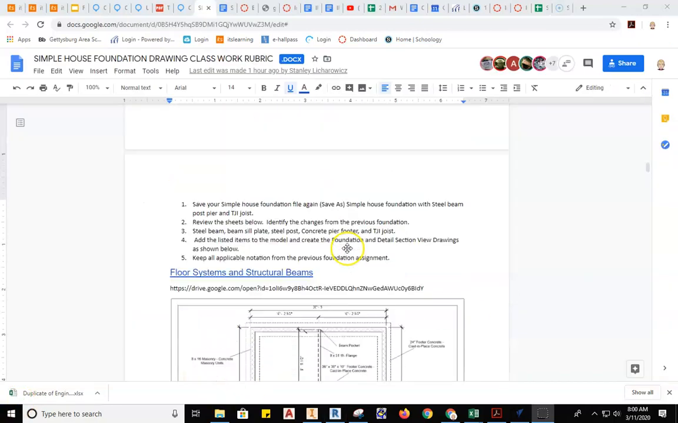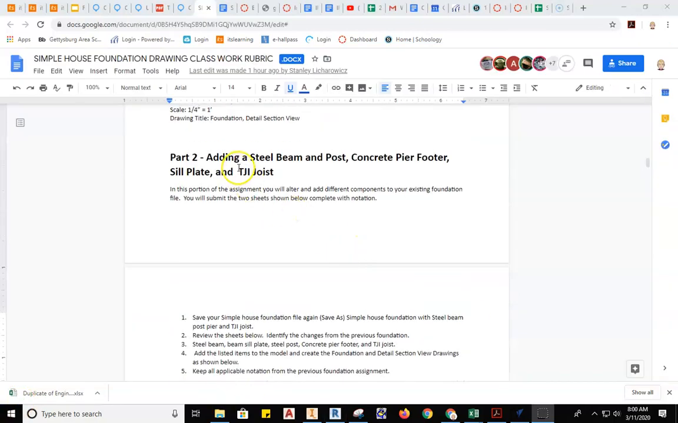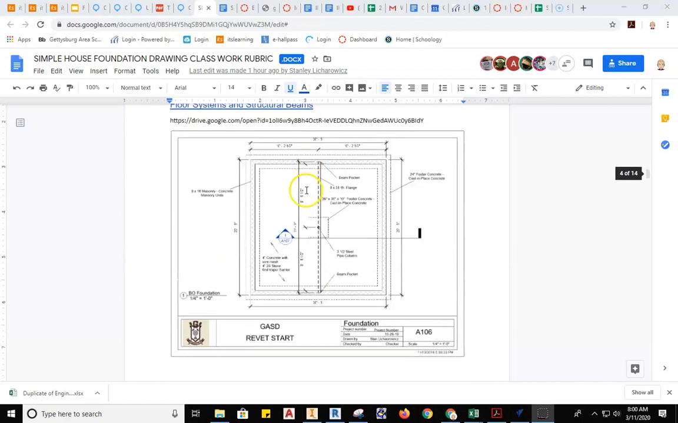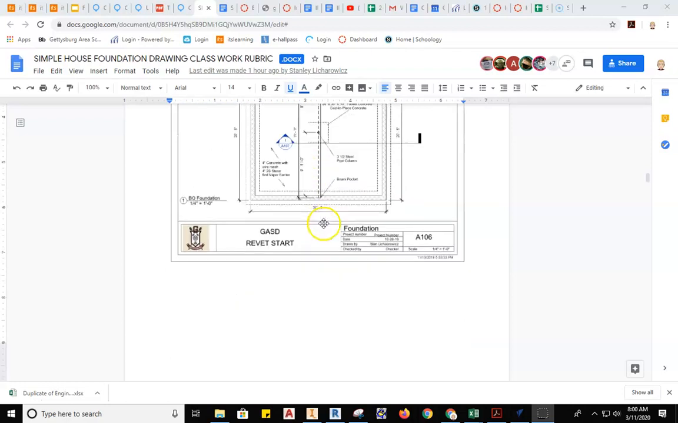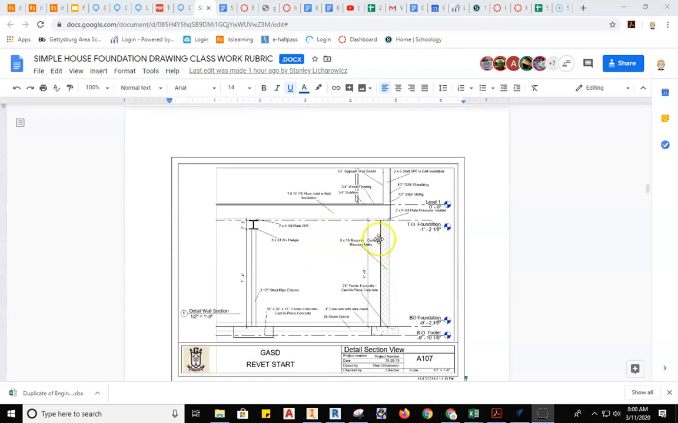Okay, in this video we're going to take you through how to get set up in adding a steel beam and a post, concrete pier footer, and sill plate to your foundation drawing. First thing that we need to do is take a look at the drawings themselves to see what is different from the original foundation. I would also recommend saving your foundation drawing so that you have a save as with